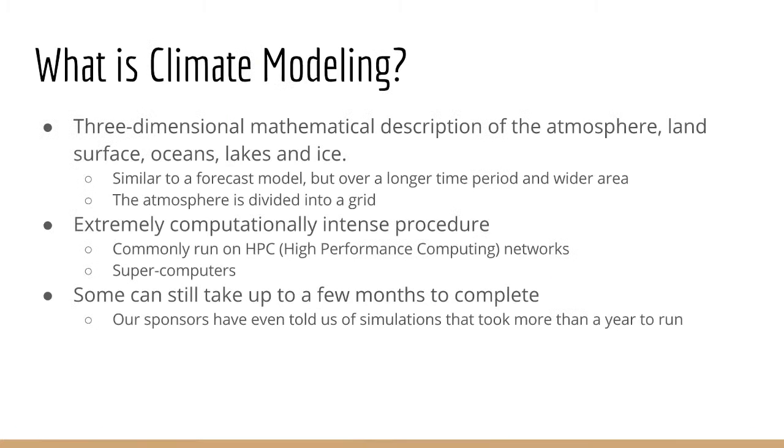What is climate modeling? It is a three-dimensional mathematical description of the atmosphere, land surface, oceans, lakes, and ice. It's similar to forecast modeling, but over a longer period of time and a wider area. Essentially, the atmosphere is divided into a grid, similar to how you see on a globe with longitude and latitude. This can be extremely computationally intense and therefore must be run on HPCs or high-performance computing